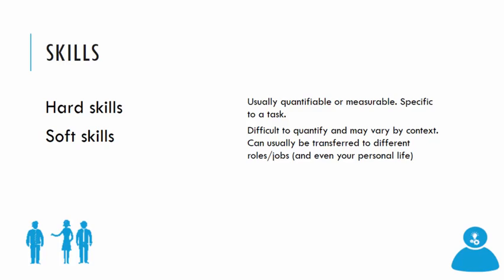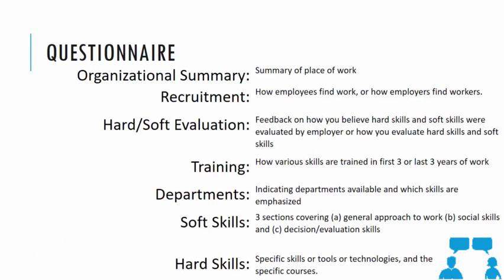Your skills, of course, we have categorized into hard and soft skills. Hard skills being things we can measure. Do you understand loops? Do you understand programming? Or some very specific aspects of programming, such as object-oriented programming, scripting. And the other side is the soft skills, which are the social and personal skills, things that involve how you interact with people, or how you interact with yourself in your own mind. So those are the two categories.